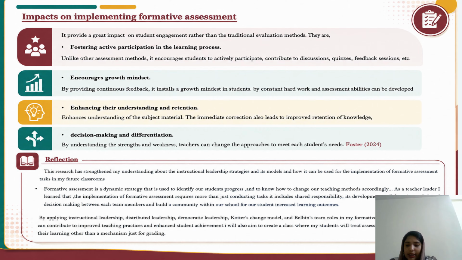And formative assessment should not be simply viewed as another assessment task. It should be a continuous process of identifying the learning needs, providing feedback, and improving teaching and learning. And as a teacher leader, my aim is to create a collaborative culture where assessment is used to improve learning rather than to simply